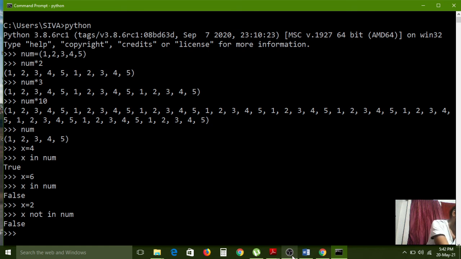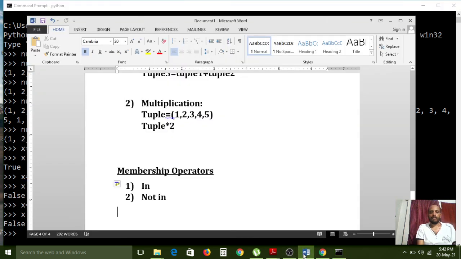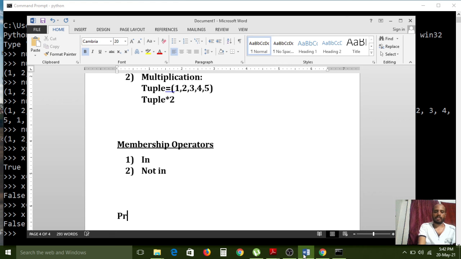Next, to process tuples, we have some predefined functions. The next concept is processing tuples.